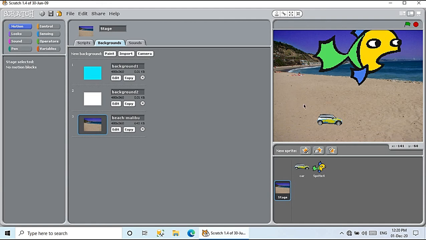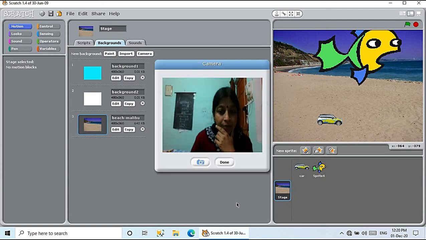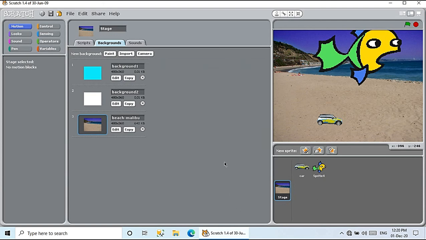The background will be available here. Then you have your camera. Camera option is also there, with which you can add your background, but there should be an attractive background in the camera. Then you can add that to your presentation. That is all for this introduction part.